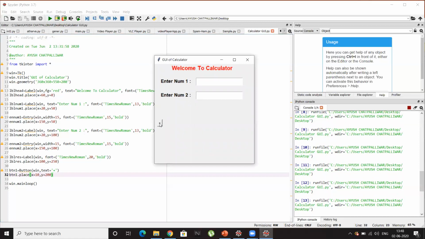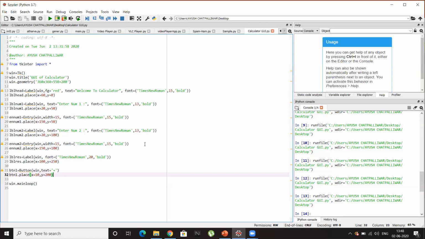Here you can see it's clickable, but it's very small, its height is too small, its width is also small, and we also need to change its color and we can even increase its font. So let's make it more beautiful. First of all, we'll give it a background color. For background color, a simple command bg equals, and in quotes you have to give the color. Here I'll be using salmon. You can use any color you want. Salmon, yes, it's okay.